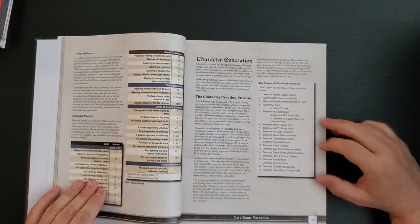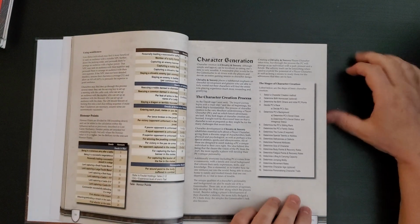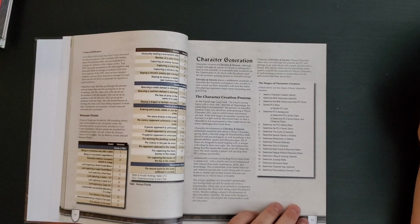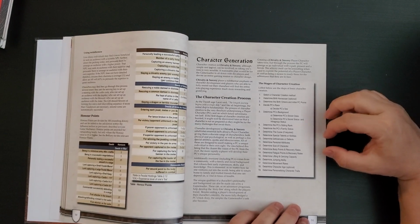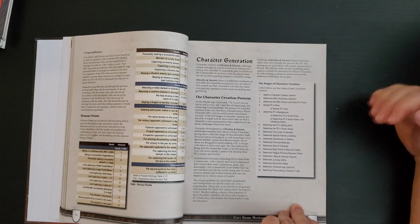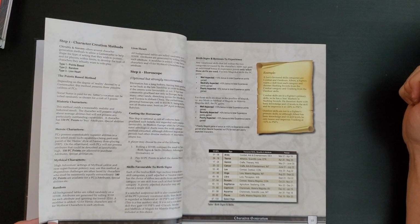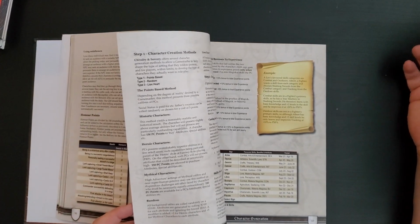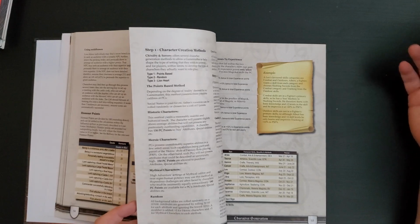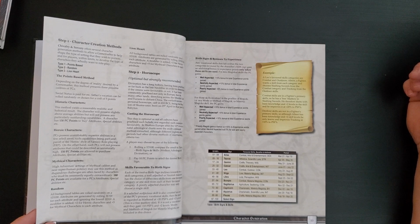So here's character creation, and we see that we have this 19-step character creation process. And that might make you think that it's a fairly complicated and detailed system. It is, if anything, misrepresenting it on the low side. It is, in fact, a very complicated character creation system. The first thing you do is there are different character creation options here, right? There is a points-based system, and there's a random system, and there's something called the Lionheart system,